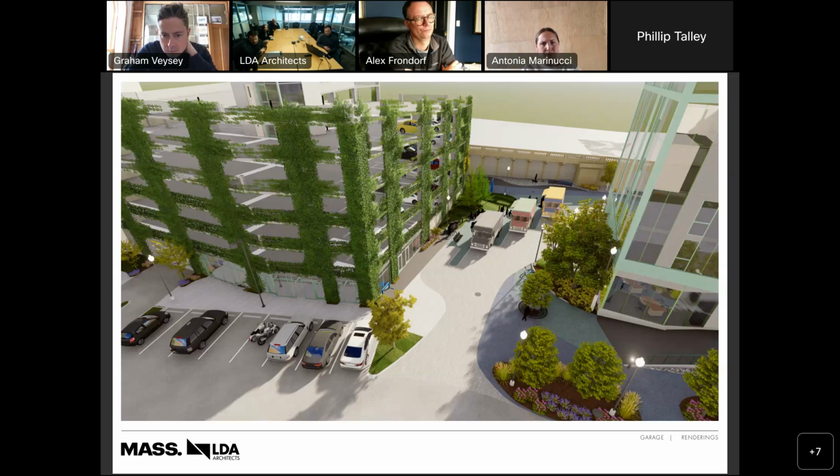Again, I love it. We have phasing plans and things like that. Along with your examples, I'd love something like a phasing elevation so that we can get a 5, 10, 15-year look at what it's going to be doing. Because I mean, I love a building covered in green. I'm here for it. It's very romantic to me. I mean, it's a parking garage, but it stands out.